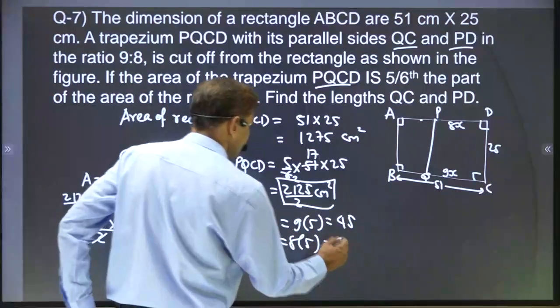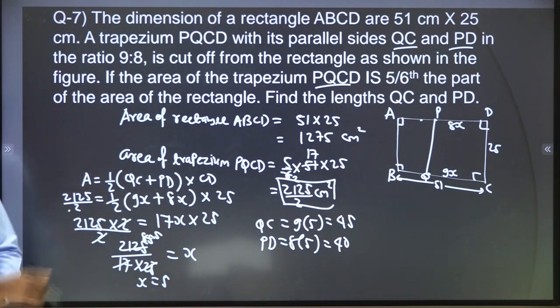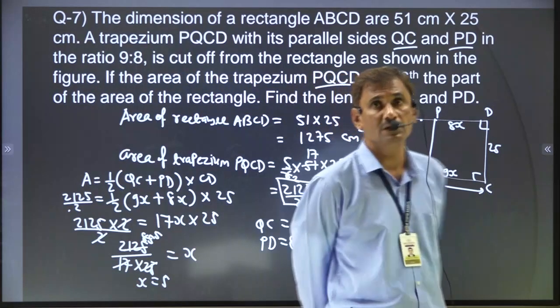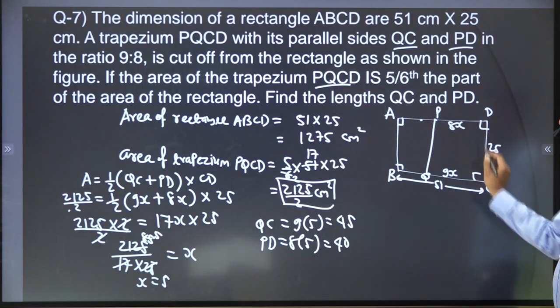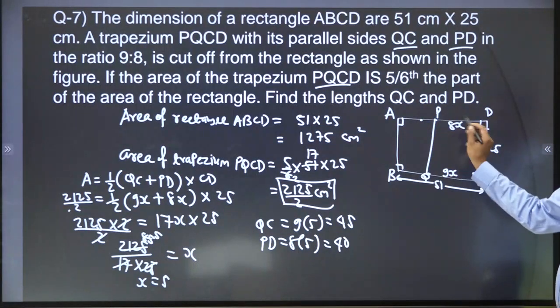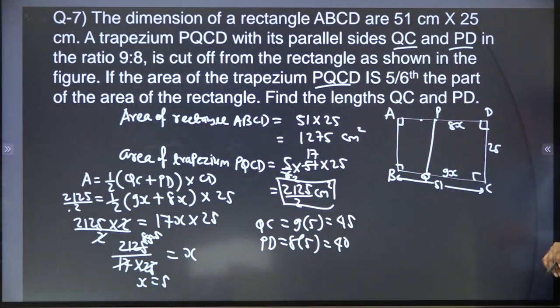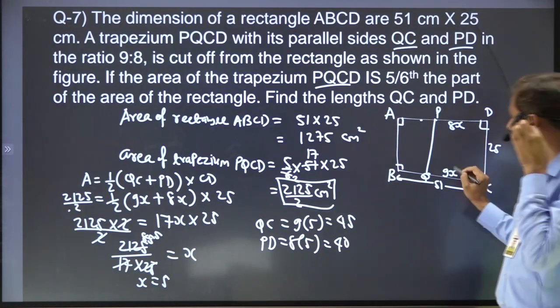Okay, now understand it well. First of all, this is a long question, so just understand it and draw the figure also. Otherwise, you cannot even understand or solve the question without a figure. So understand well. First of all, we draw ABCD. They say QC and PD are parallel. So we have to place P here and Q here so that they become automatically parallel. Now ratio is given. So we suppose here X and Y.